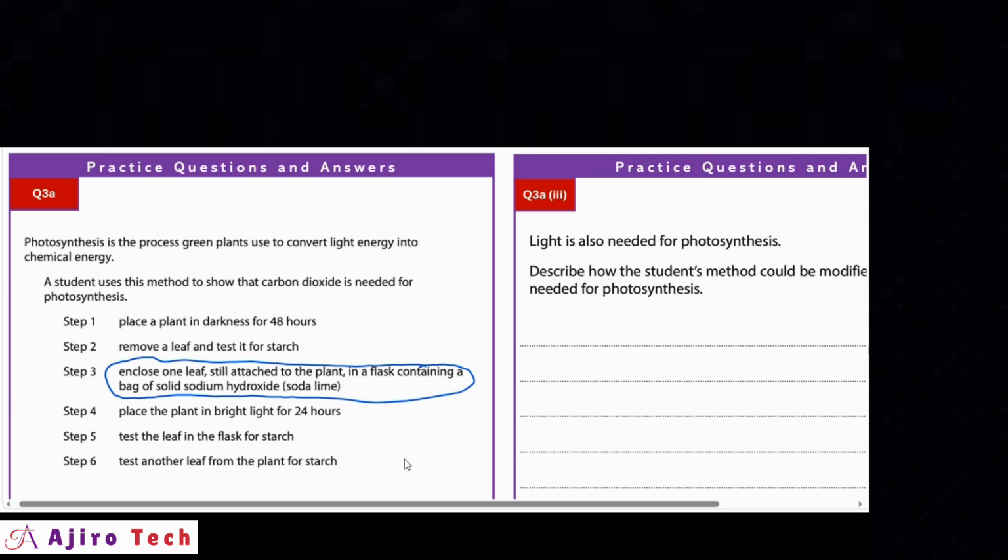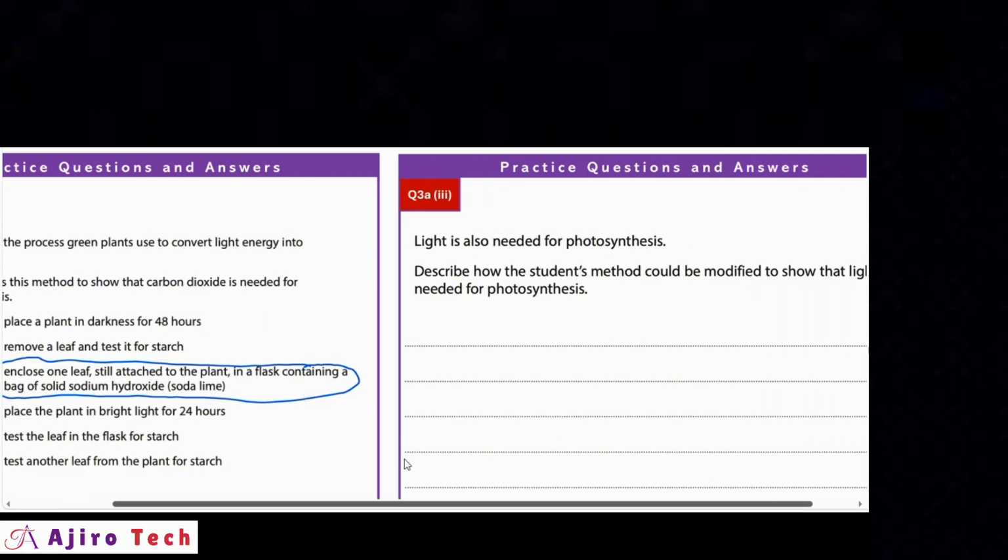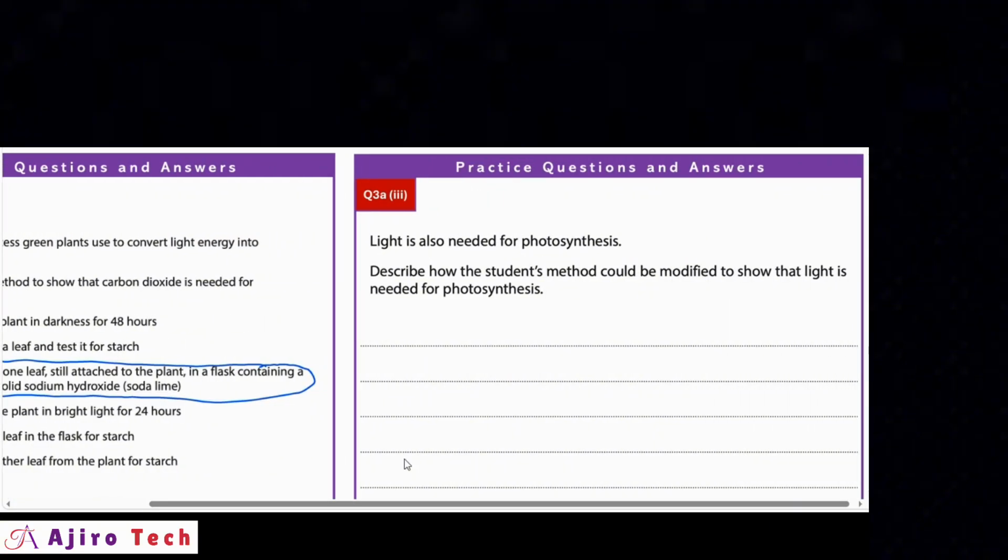And what we are going to change in step 3, I've explained it: we have to cover the leaf with a black cardboard and attach a clip to hold the leaf together with the cardboard firmly. So the students